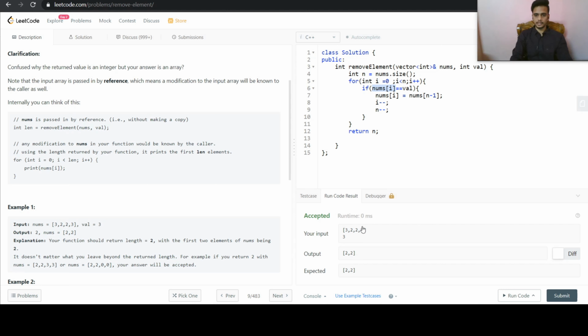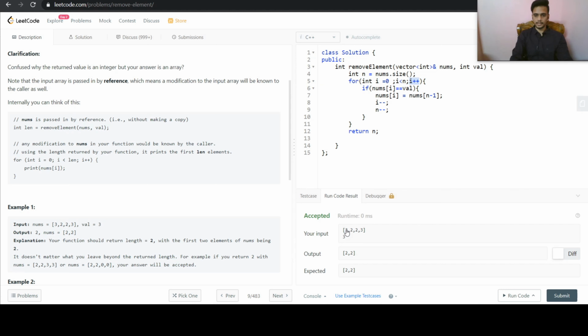Then what we did is, we put nums of i equal to nums of n minus 1. So it took this last 3 to the first position, and then it decreased the size of the array. So now our last n is pointing here, and then again we did i minus minus, and then i plus plus.